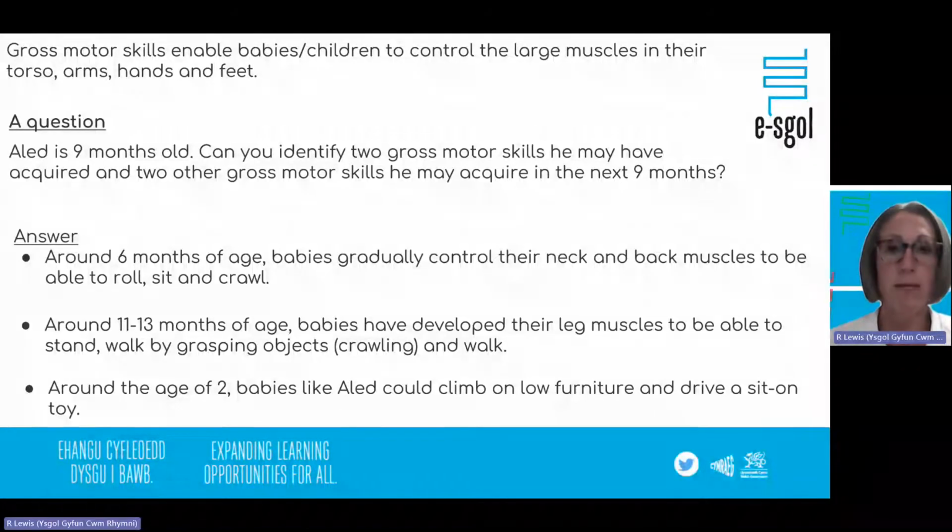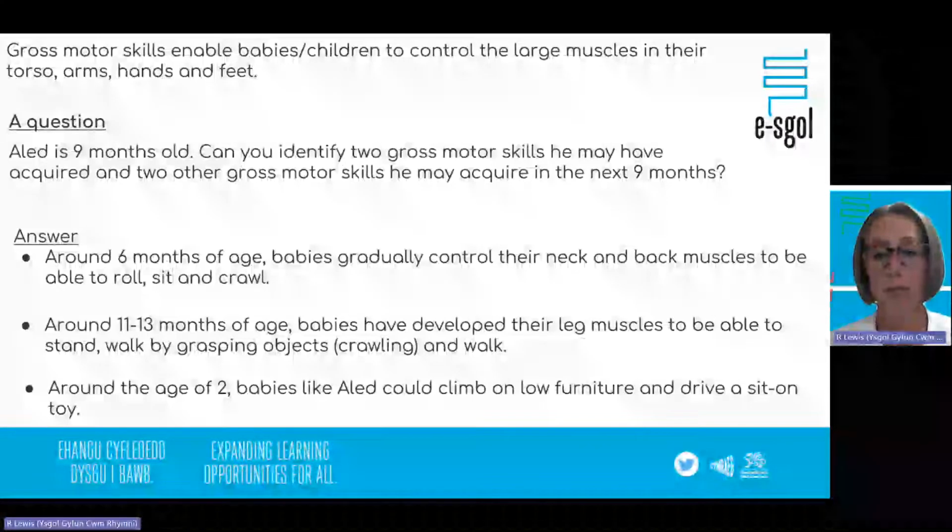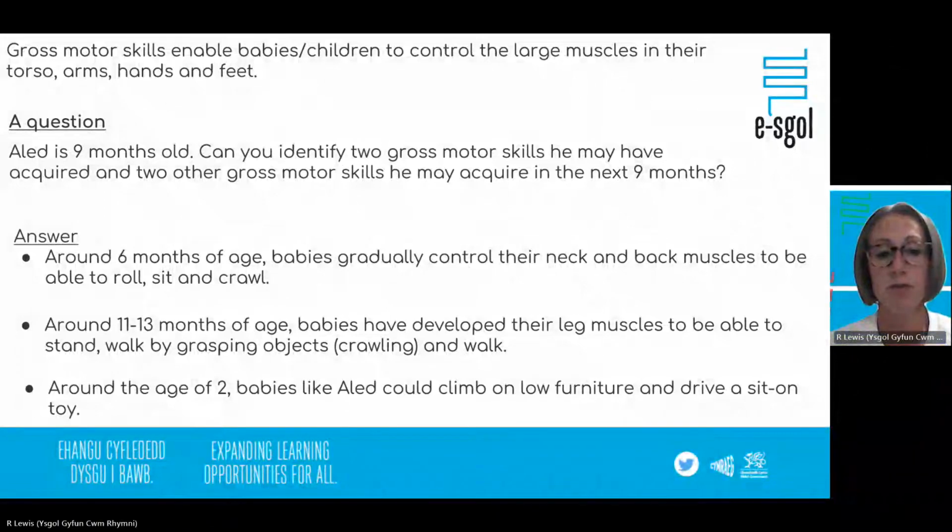Perhaps we are aware of balance bikes where children put their legs either side and can scoot away. Perhaps we've seen them on smaller plastic cars where they sit on the car and just use their feet to drive